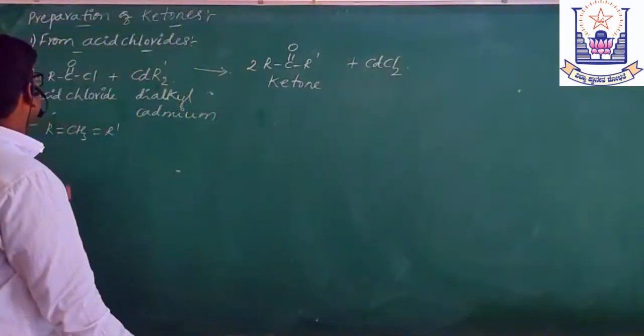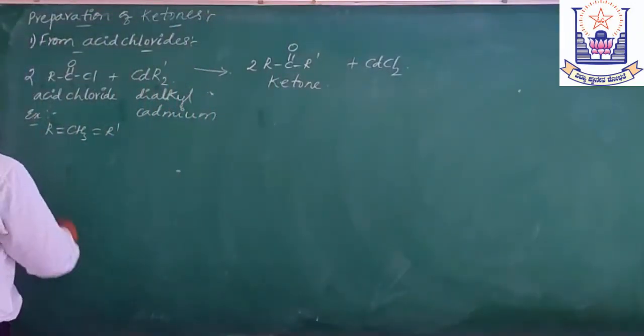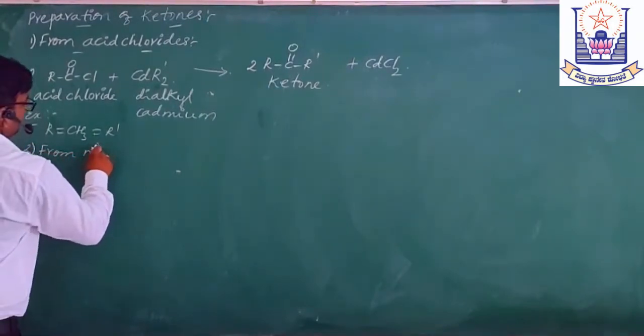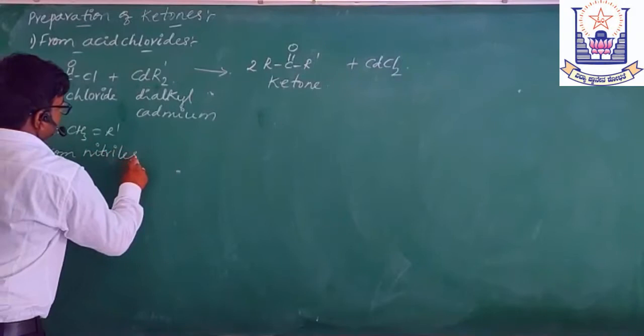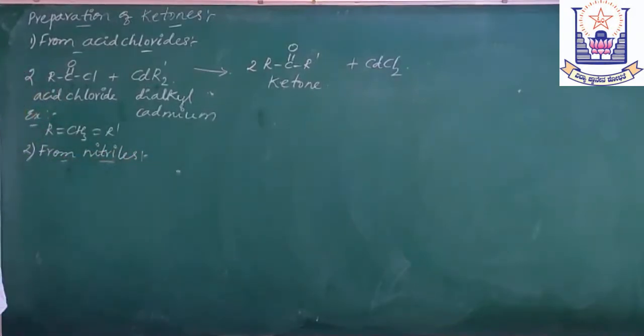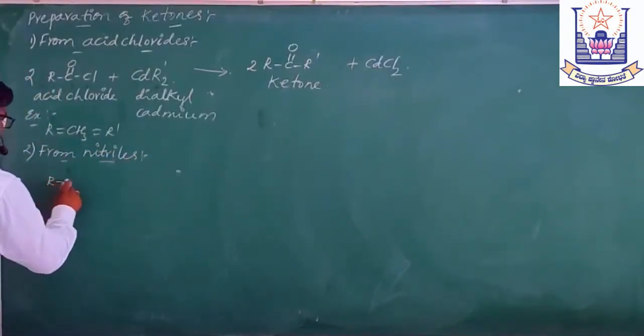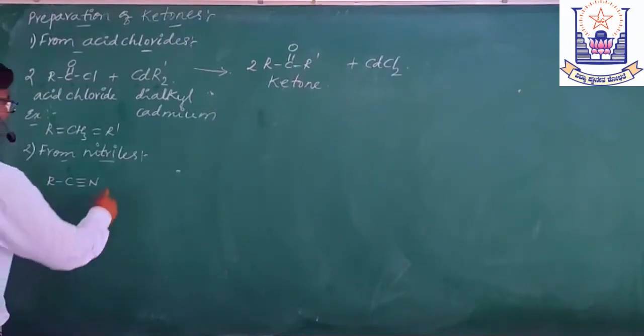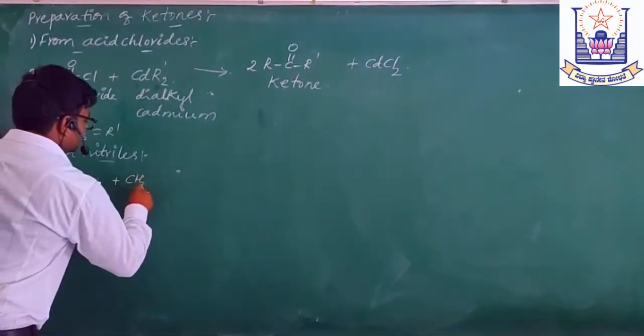Okay. Secondly, we shall prepare the ketones from nitriles. Take the nitrile. What is nitrile? RC triple bond N. This is called alkyl nitrile when it is treated with a Grignard reagent, for example, CH3